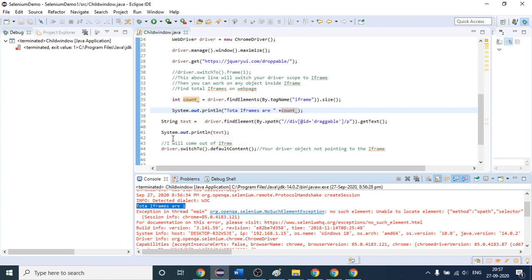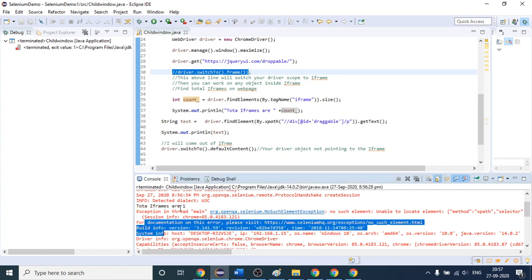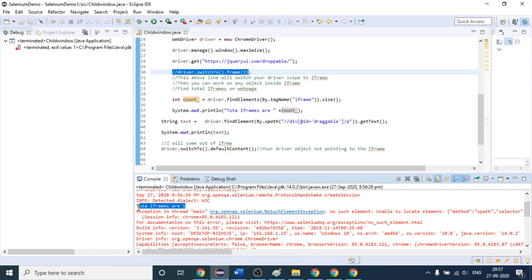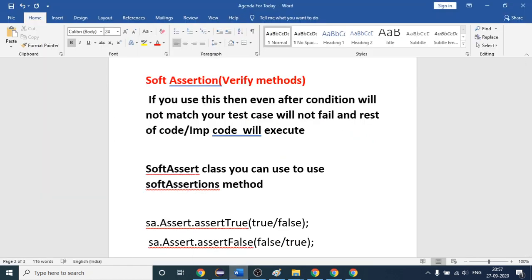driver.switchTo.frame. Okay, because I'm not switching to the iframe, I think I have commented that line. Okay, I have commented this line. This is the reason you are seeing the error. So anyways, first of all, we have to understand that total iframes are 1 with the help of this count. So after I know that, suppose if I am having 3, okay, let me first